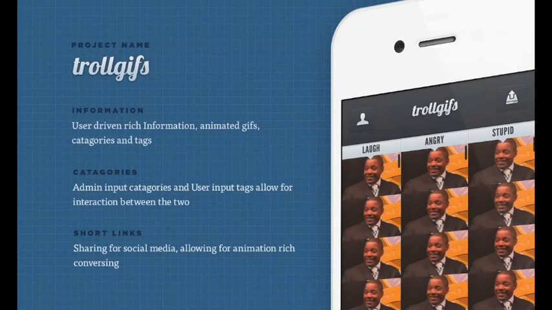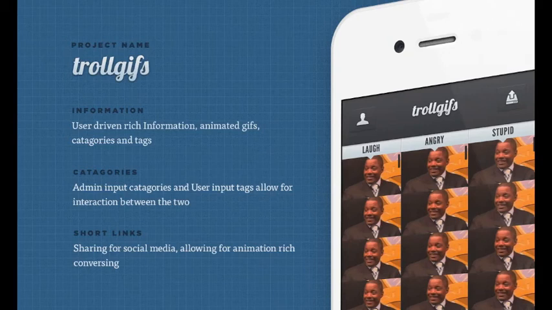I'm Helene, and for this part of the video I'm going to talk about the information that will be in our app Troll Memes. When the user clicks on the app on their phone, the first part they will see will be the login page, in which they will have to enter the username and password they have created. This will allow them to access all the areas of the app and watch it and upload